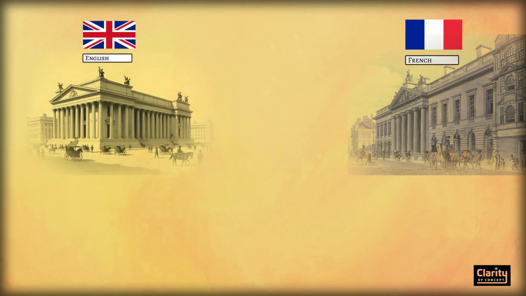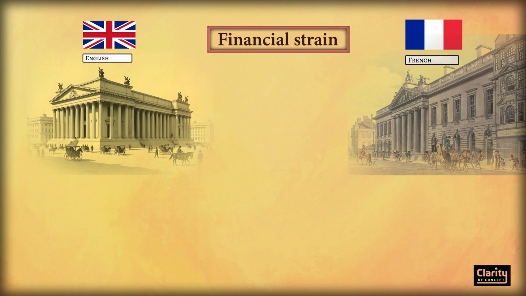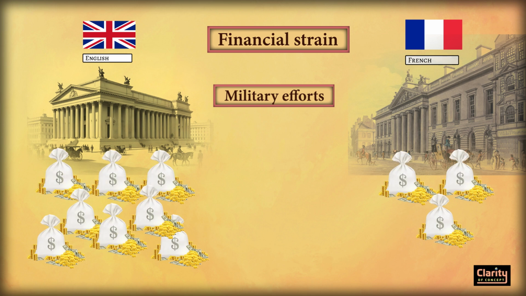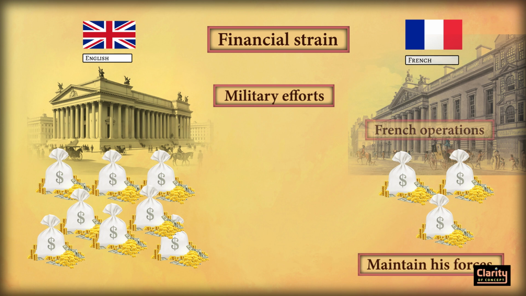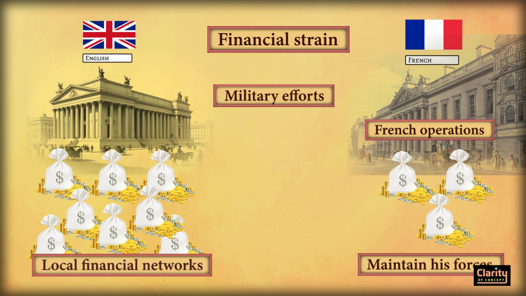As the conflict dragged on, both sides started to feel the financial strain of sustaining their military efforts. The French faced challenges due to insufficient support from their government back home. Dupleix struggled to secure enough funds to maintain his forces, which eventually hampered French operations. Meanwhile, the British, with better access to local financial networks and support from Indian merchants, managed to stabilize their position